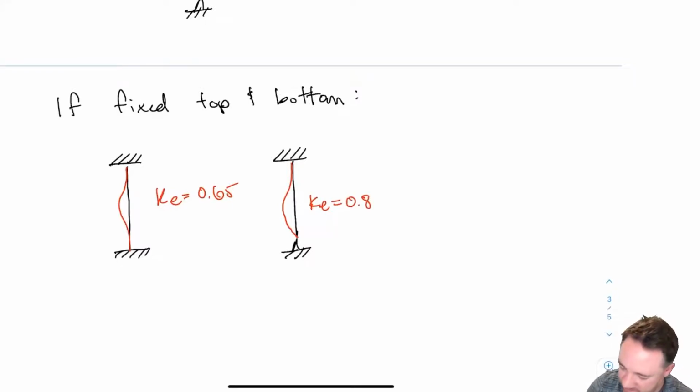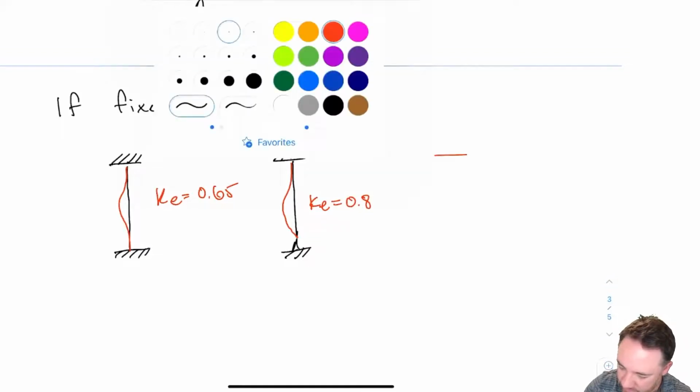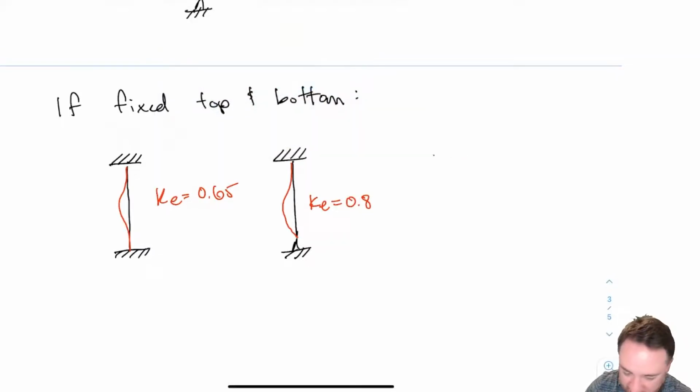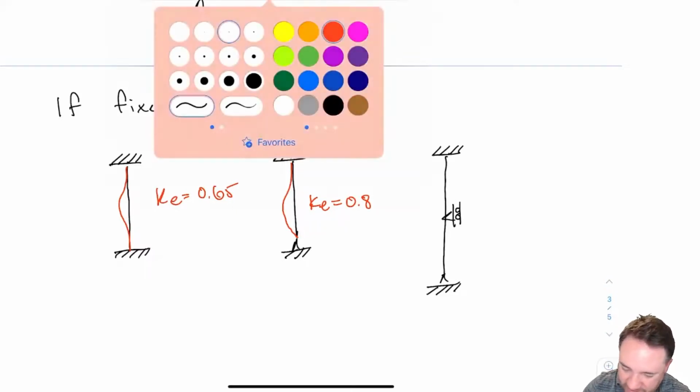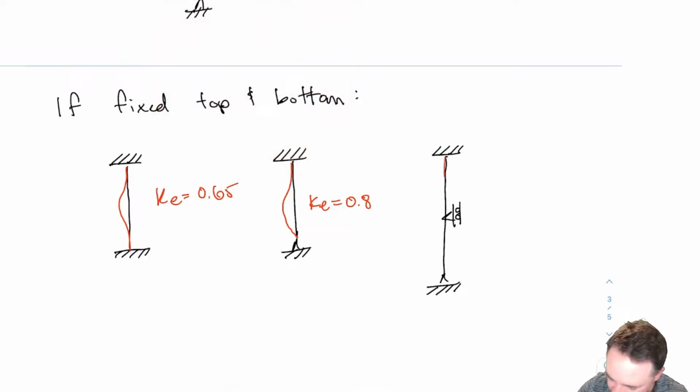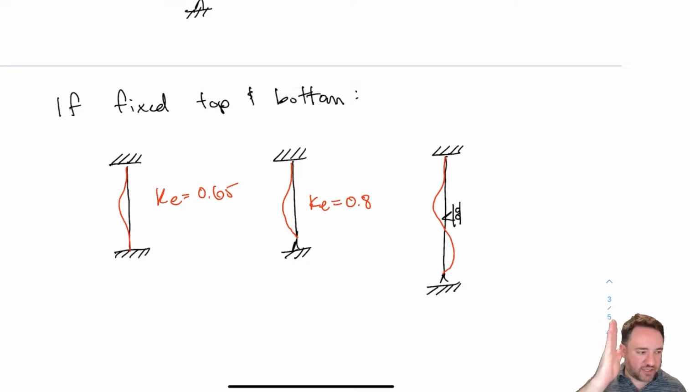Now, what if I have a case that's even more complicated, where I have a fixed condition at the top, and I'm going to make it a bit longer so it's easier to draw, and I have a pin at the bottom, and I have an intermediate support? Now it's not exactly like one of the ones in the table, but I can intuit how this thing is going to deform, something like this. Then I'm going to have a different K for the top than for the bottom. Basically I'm going to look at that deflected shape of buckling, and I can see the one at the top is kind of straight because it can't rotate, and it bends out and buckles in the middle. So if I go back to the table,